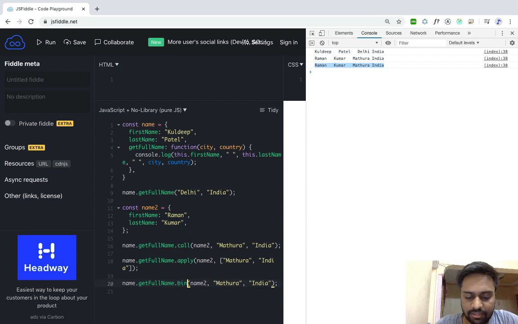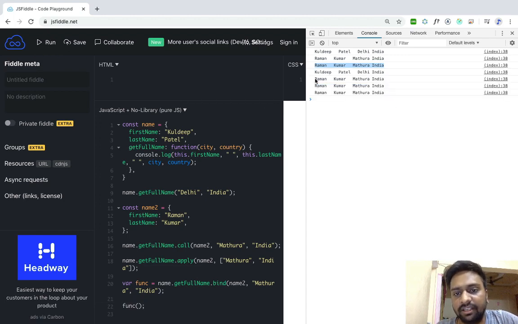This is bind, and it returns a function, so I am taking that function into a variable called func, and calling that function using func. Let's see what happens. So I am getting this one for call, this one for apply, and the last one for bind method. So this is how call, apply, and bind can be used to borrow functionality from other objects or functions.